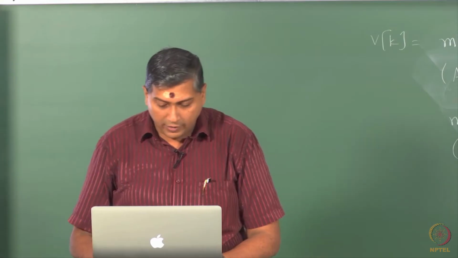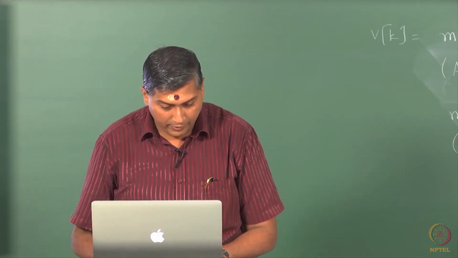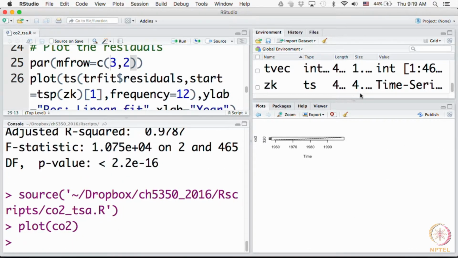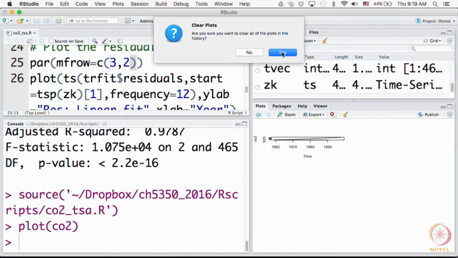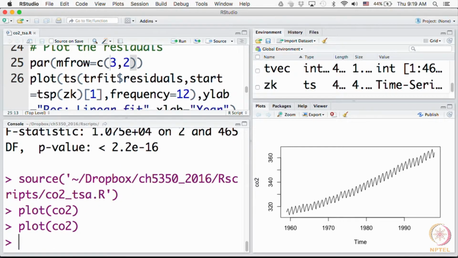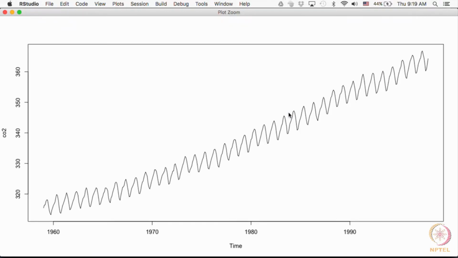So, if you look at this series that we have been analyzing, sorry, I will come back to the decompose part. Let me close this because the screen is split here. Okay. So, if you look at this series here, what do you think? Which model do you think is suited? The additive model or the multiplicative model?